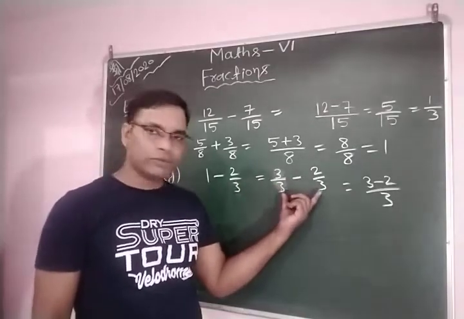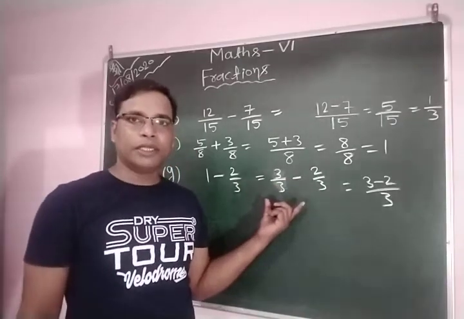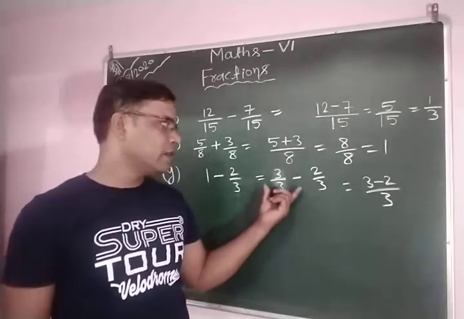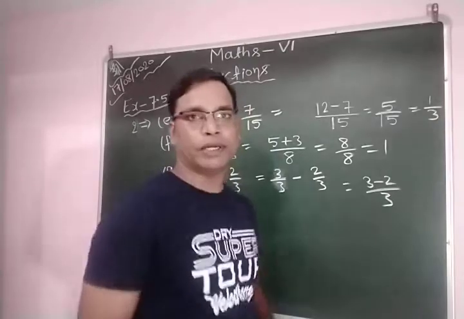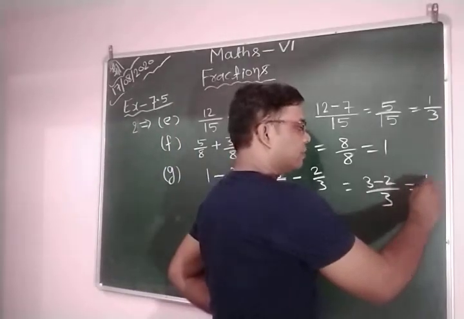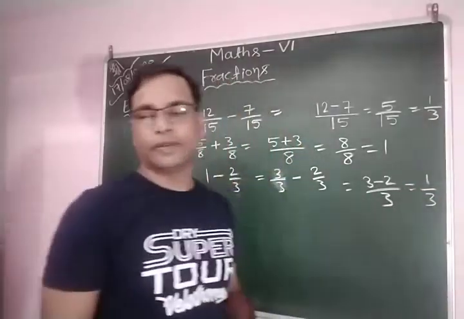Here you can see in both fractions the denominator is the same, 3, and the numerator is 3 minus 2, so we write 3 minus 2 by 3. This is equal to 3 minus 2 is 1. This is equal to 1 by 3. Okay, now